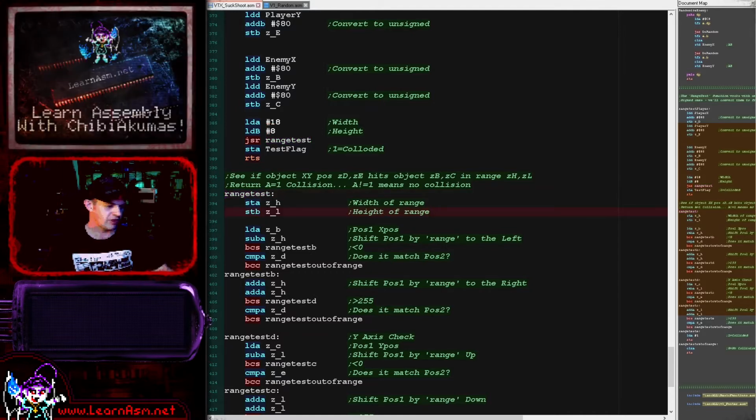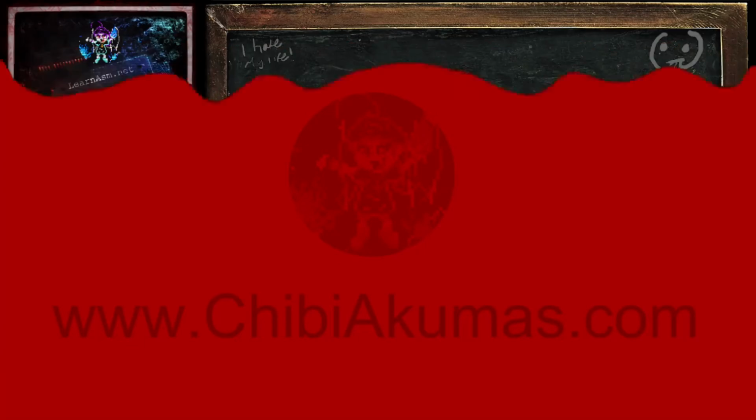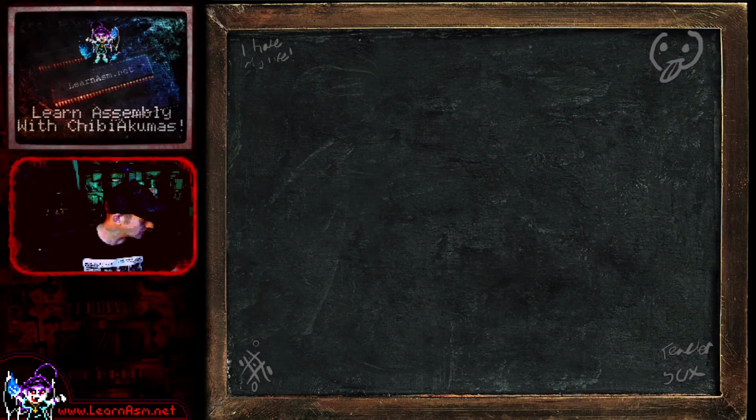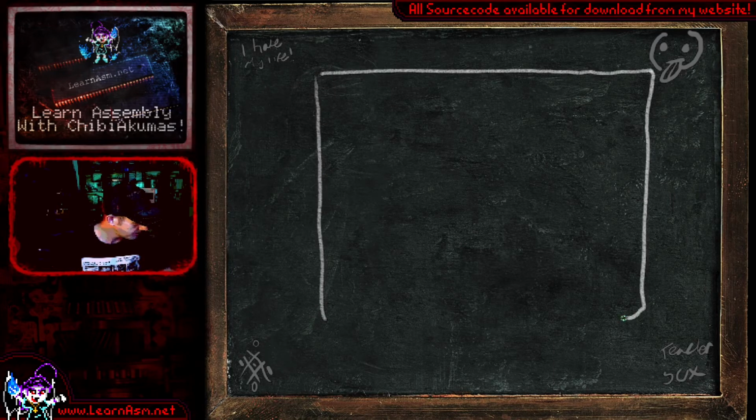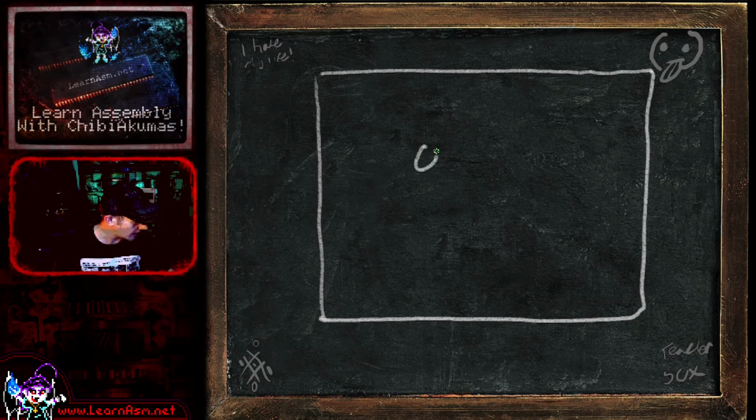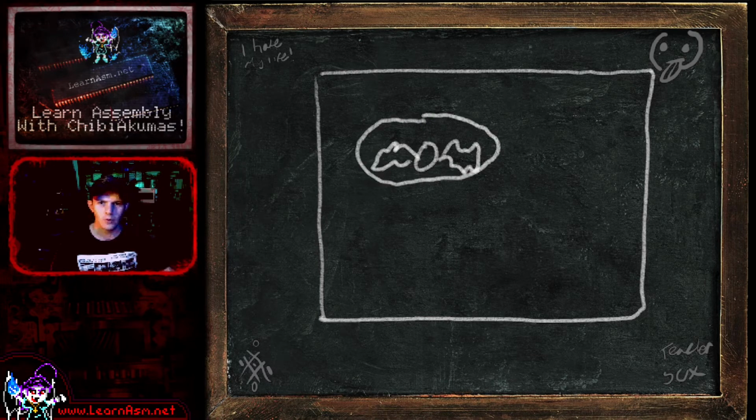Okay, so let's have a look at the theory of what we're going to have to do to check the position and the collision. So if we imagine here that we've got our screen. So here is our screen. And then if you imagine we have our bat. That's our bat, and we have a collision zone around it. And whatever the position of the bat, we're going to have to test the collision zone. So we're going to basically take our center point here, and then we're going to subtract the width of the collision zone, and we're going to test this point here. And then we're going to move back to the center and then add the width of the test zone and